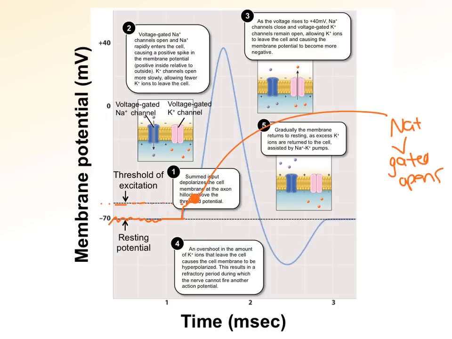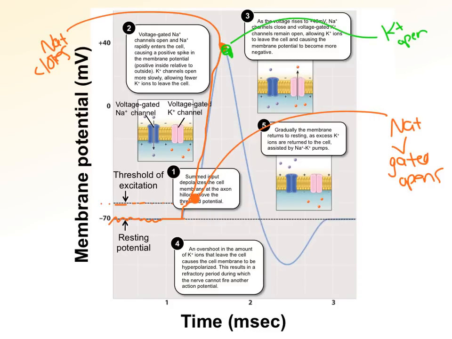That causes sodium to rush in, and that's going to cause you to depolarize, right? This is your depolarization. Then you reach a certain point at which the sodium voltage gated channels close. So up here, the sodium closes. And at the same time, those potassium voltage gated channels, they were a little slower to open. Now your potassium opens. That causes potassium to rush back out of, potassium is going to leave, so potassium is now exiting,